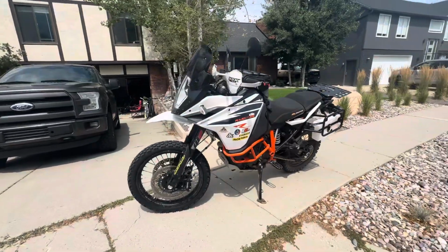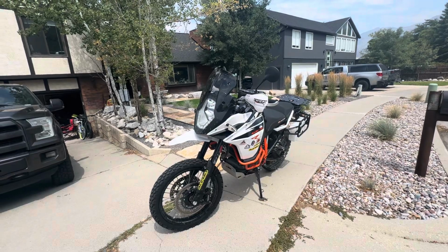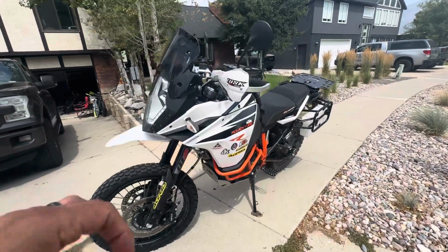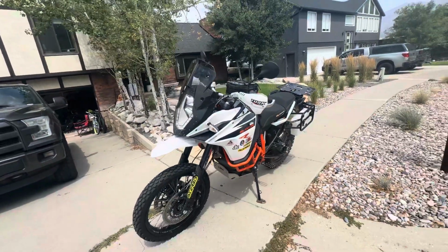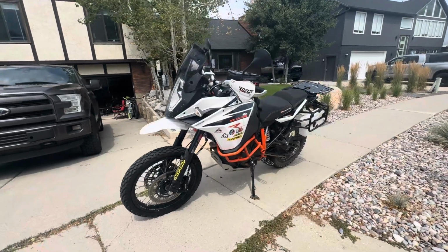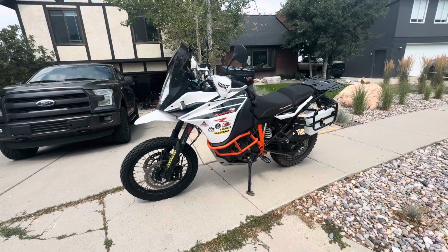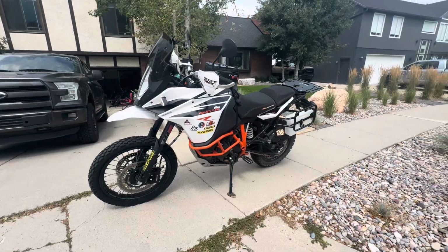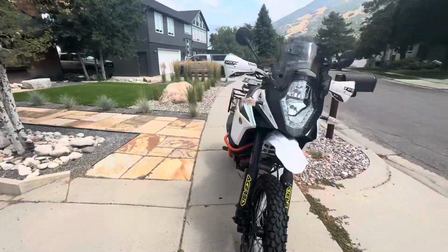I think the only reason this bike isn't shining is because of the new 890s and 901 Norden just being so compelling and sexy. And other than that, I think this bike is a little bit like the KTM 950 Super Enduro, which just didn't sell well from the factory, but is and was a phenomenal bike. I think more people should be buying these and running them. So here's just a quick